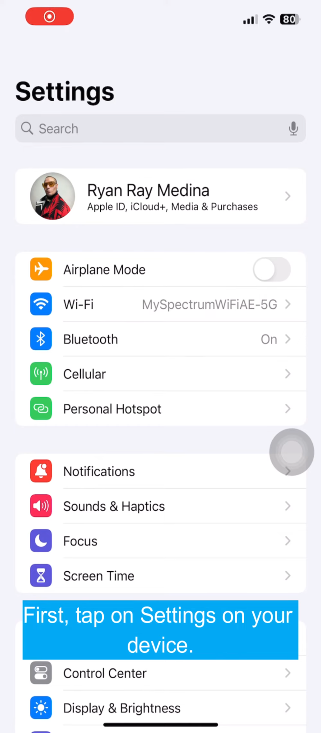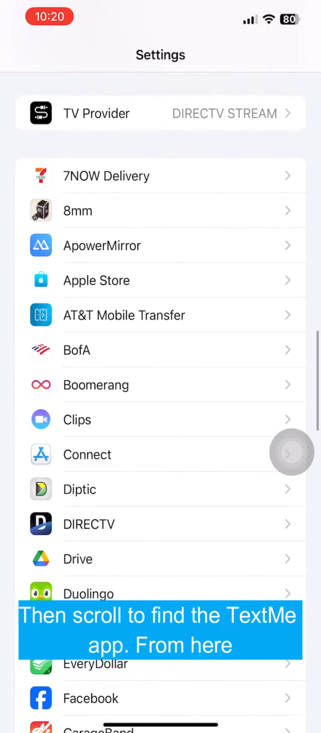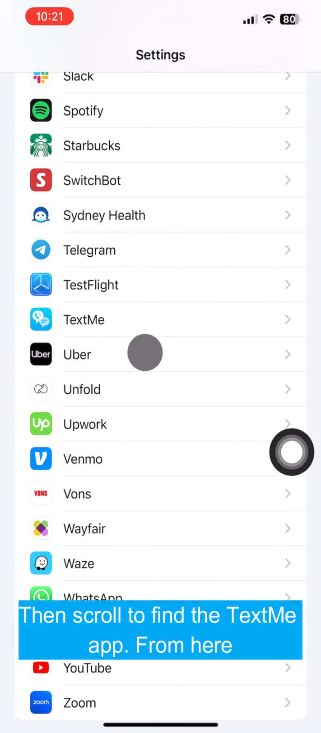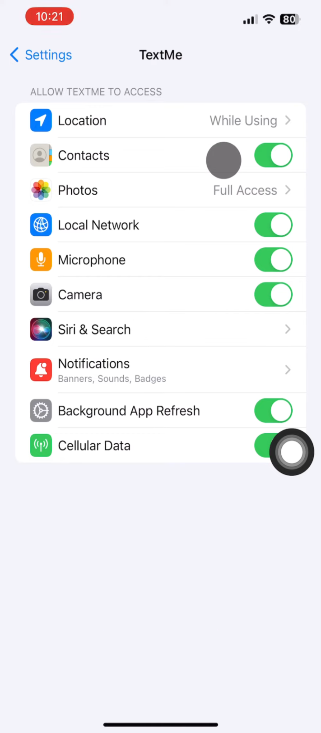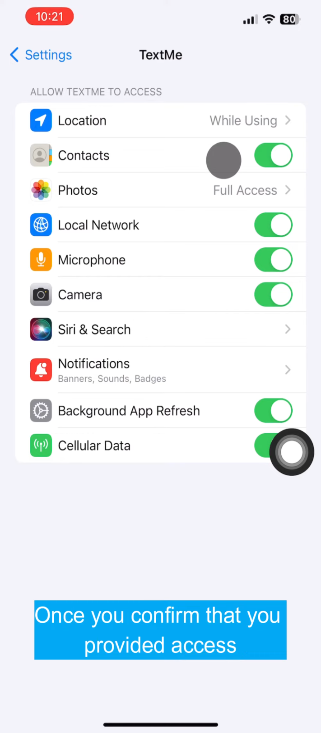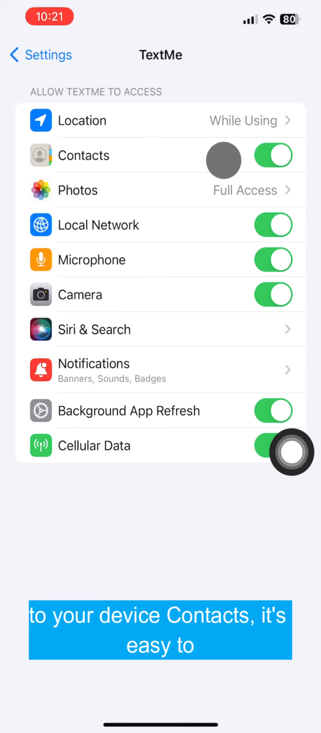First, tap on Settings on your device. Then scroll to find the TextMe app. From here, see if Contacts is allowed, making sure the toggle is on. Once you've confirmed that you've provided access to your device contacts, it's easy to access your contacts in the TextMe